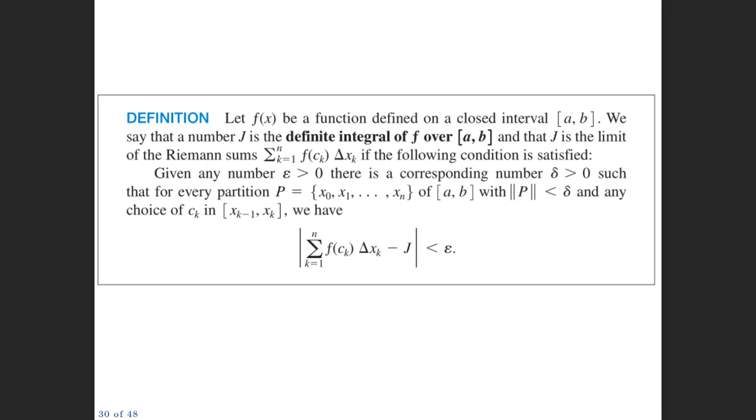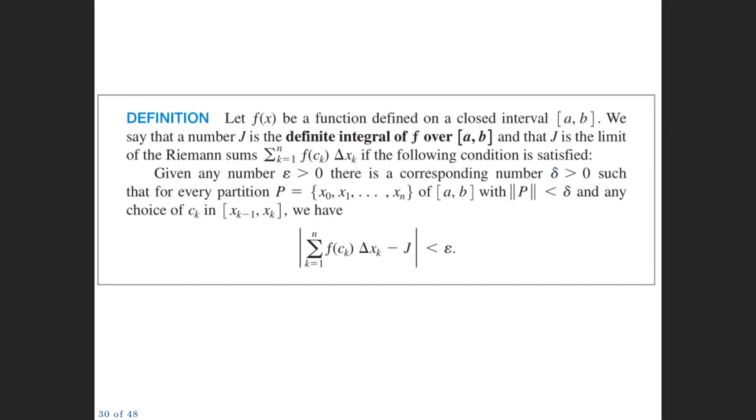The second part of this is just about limits. This is the epsilon-delta definition of the limit. So it says, for all epsilon greater than 0, there exists a delta greater than 0 such that,